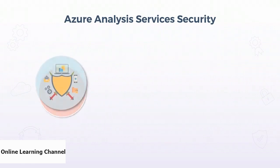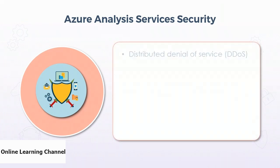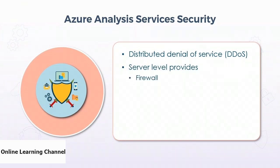So how do we secure our Azure Analysis Services? Built in right away with Azure, you get security from distributed denial of service or DDoS attacks. Azure Analysis Service provides security for our sensitive data at multiple levels, and as I mentioned, it provides a basic level of DDoS protection right out of the gate. The server level also provides us with firewall capabilities, so it'll block all client connections other than those IP addresses